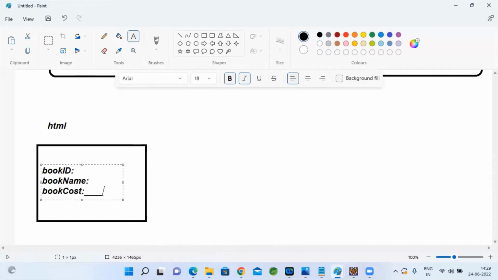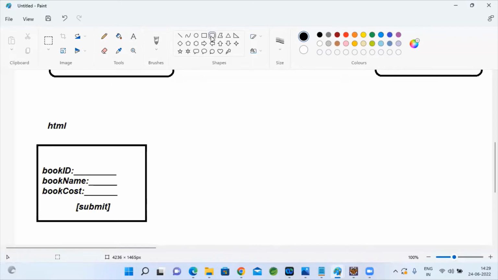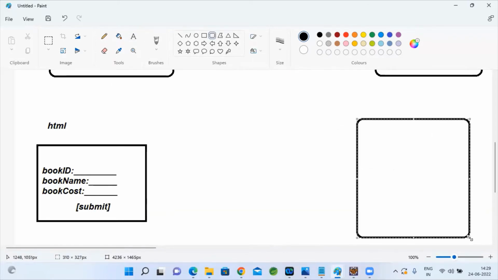So these parameters you want to save in a database, as you are implementing an online library system or online bookstore. You implemented this page, and when you click on this submit button, which we also create, similarly, if you want to implement servers like Amazon, Facebook servers, you need to